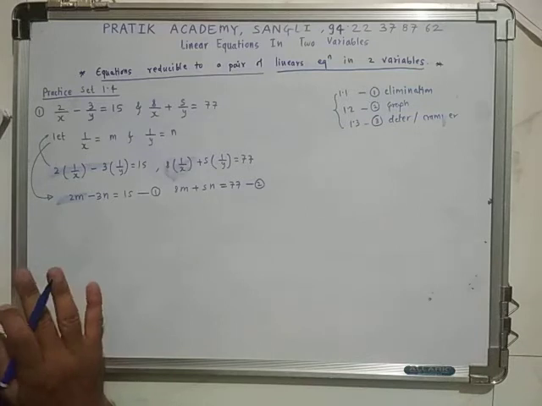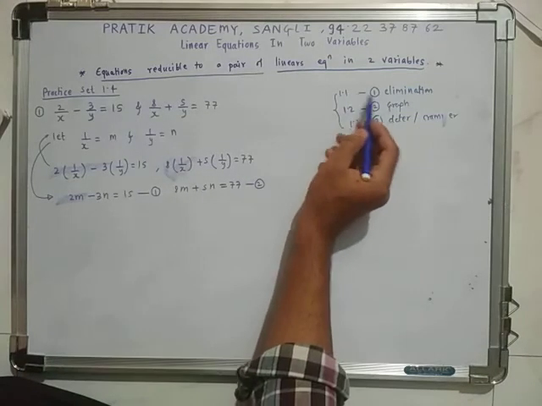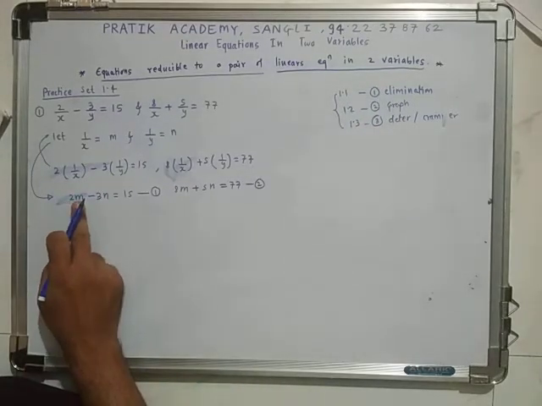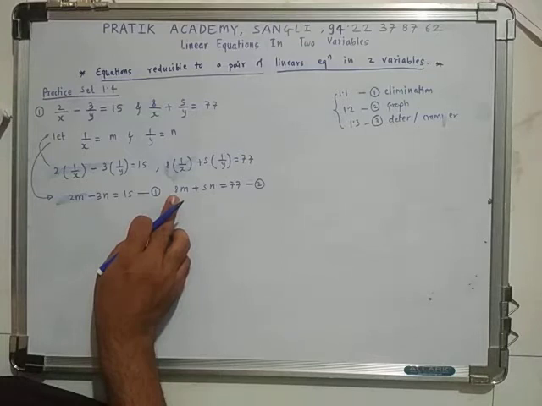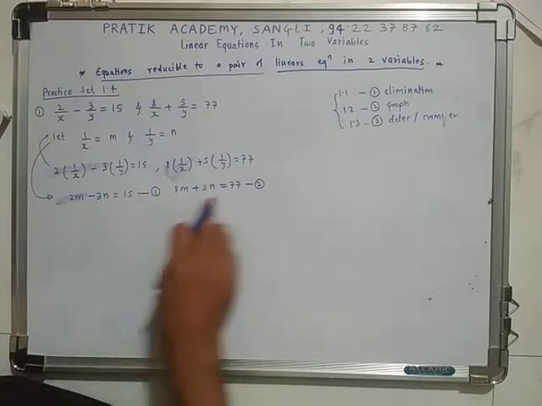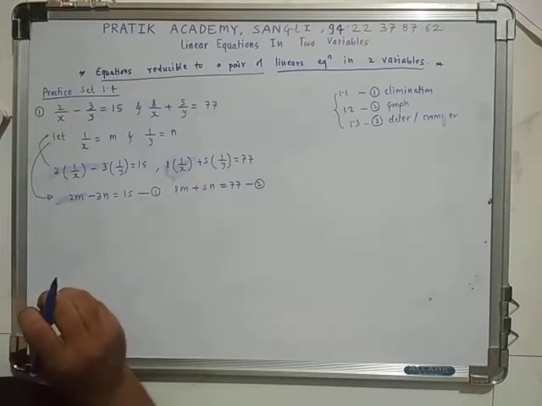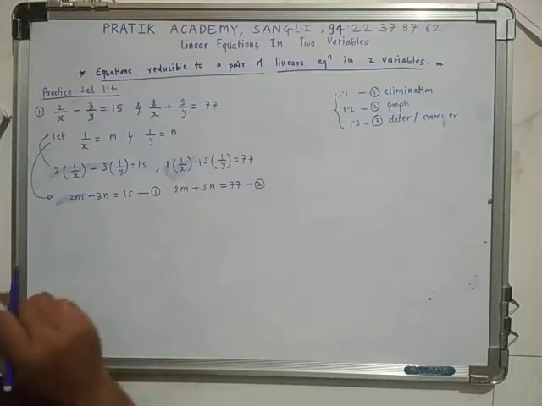Okay, there is no restriction here. So I will go with the first method, that is the elimination method. Here check the coefficients of m and n. Coefficient is 2, coefficient is 8, and again coefficient is -3, coefficient is 5. So the coefficients are different. Therefore we have to make any one coefficient equal. So here I am making the coefficient of m equal.